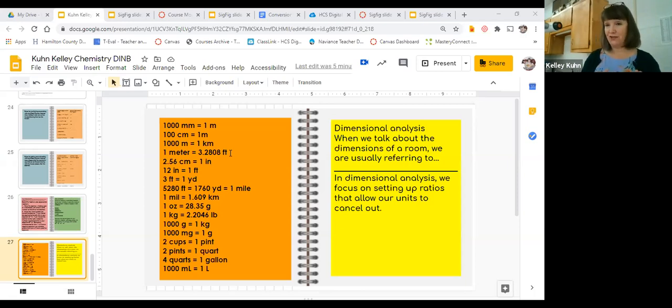So we start with stuff that we're familiar with so that we can progress to things that we're less familiar with once we're familiar with the method. As I mentioned before, even if you can do a conversion a different way, you need to use this method for this activity. So in dimensional analysis, we set up ratios that allow us to focus on those units